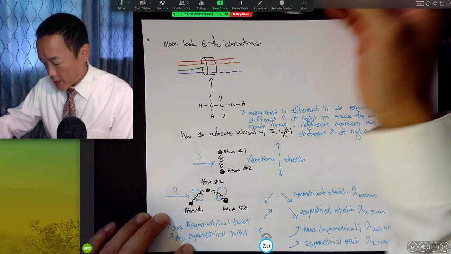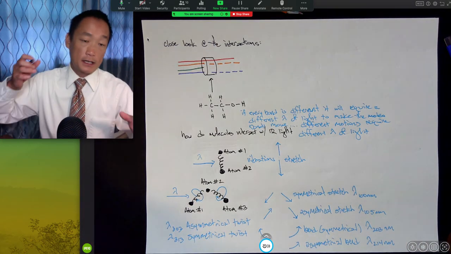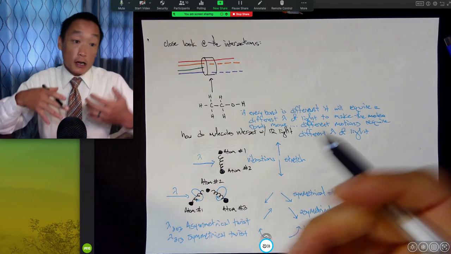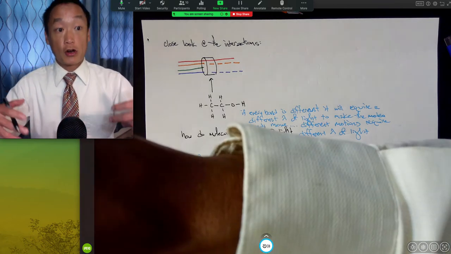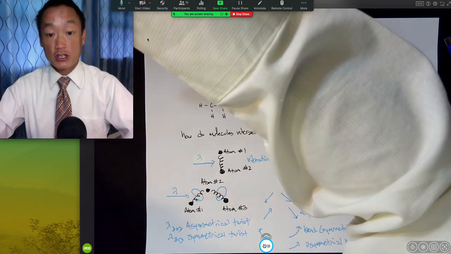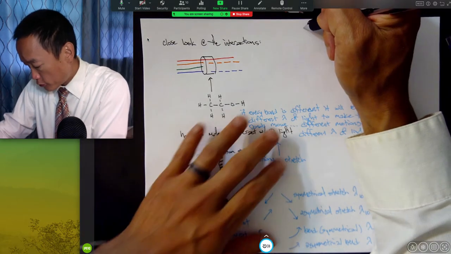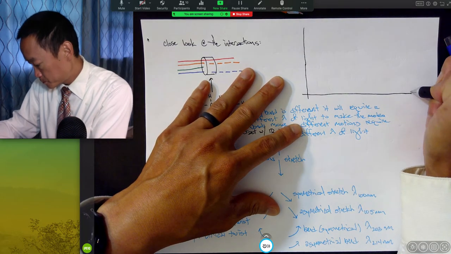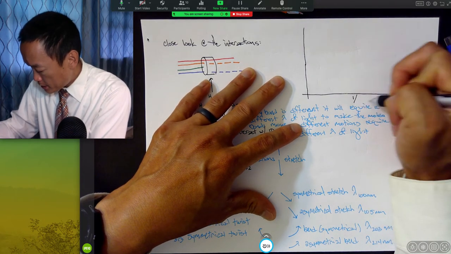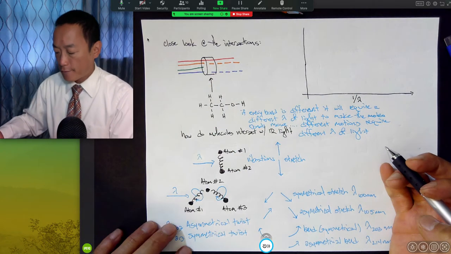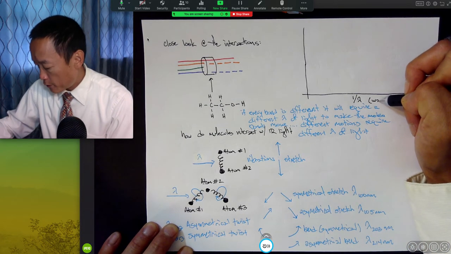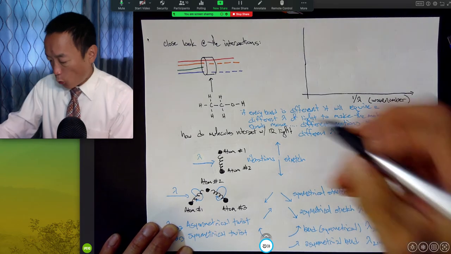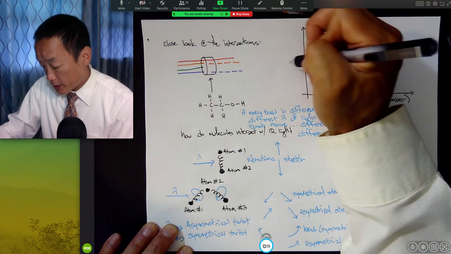So when it hits, then it goes through the prism, and it gets deflected, and then it goes through the slit, and again, I think I flipped those backwards, and then it hits the detector. The computer does the Fourier transformation, and then all of a sudden, at the end of that Fourier transformation, you're left with this beautiful spectrum that places 1 over the wavelength, which is also called the wave number, on the x-axis, and then on the y-axis, you are likely to see absorbance.